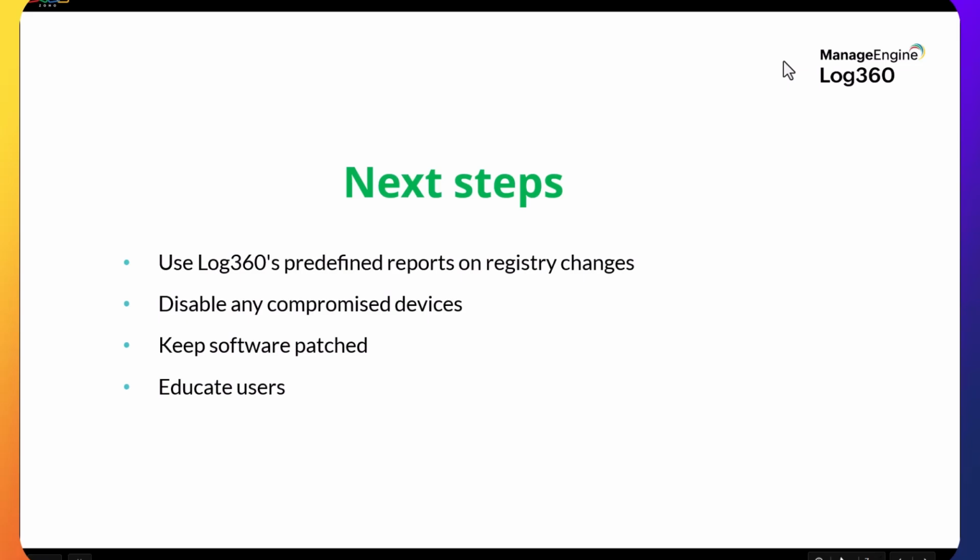As a crucial next step, you can also examine the system for any signs of compromise, such as backdoors, malware, or unauthorized access. You can use Log360 SOAR capabilities to disable computers whose registries were tampered with. Furthermore, by patching all your software on time, you can reduce the chances of attackers gaining access to the network itself. User education and safe cyber practices will also definitely reduce the odds of any malware entering your network.